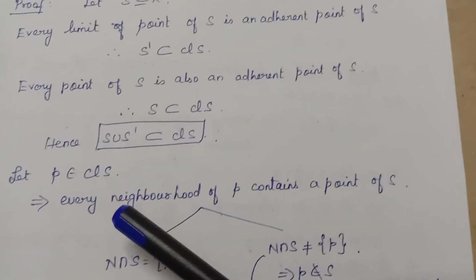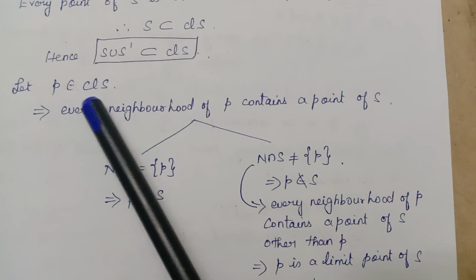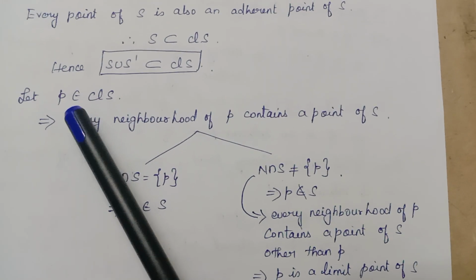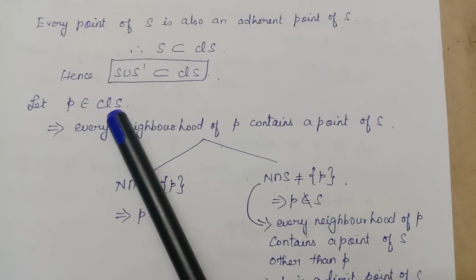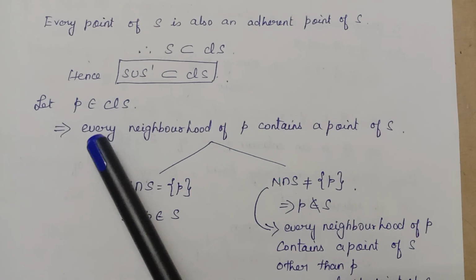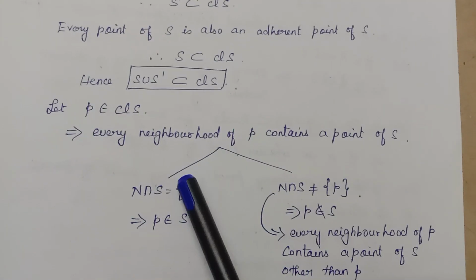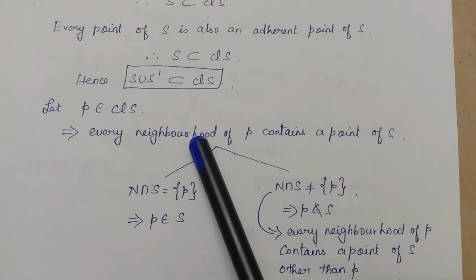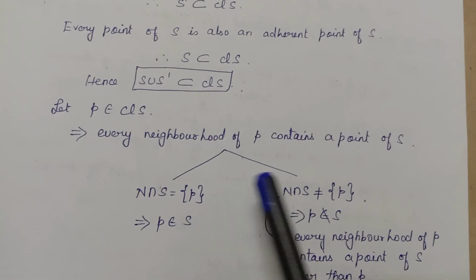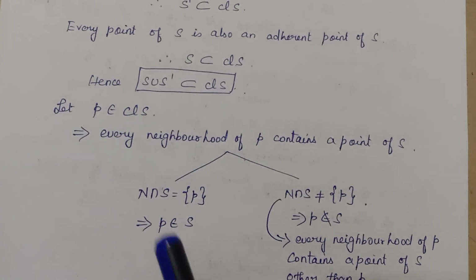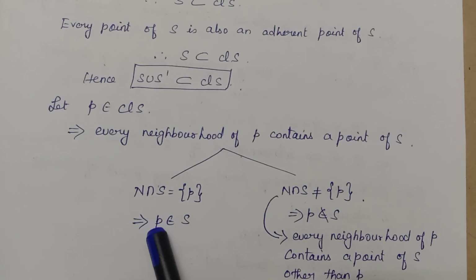So for proving closure of S is contained in S union S dash, I am taking one point P in closure of S. What do you mean by this? P is in closure of S means P is an adherent point for S. That means every neighborhood of P contains a point of S. So here I have two different cases. So every neighborhood of P contains a point of S means the point may be P itself or other than P. Okay. So if the common point is P, then